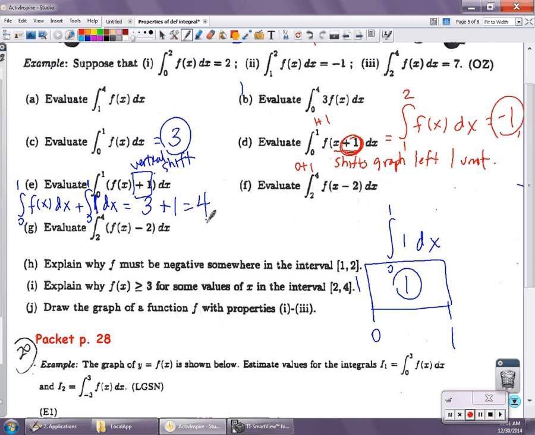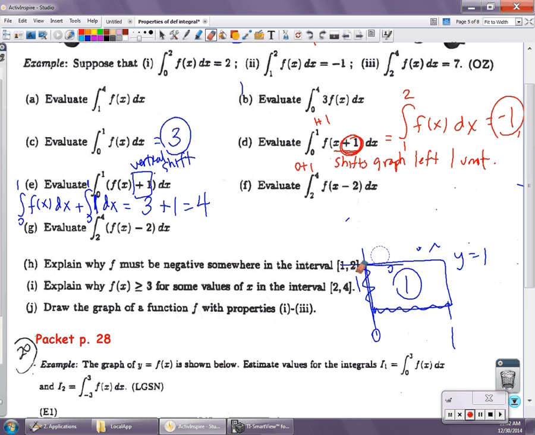Now, soon you're going to see how to actually evaluate that definite integral analytically, but right now we're going to deal with it geometrically. Now, again, graphically, we have the line y equal to 1. That's where that 1 is coming from. So the width of our rectangle is 1 unit. The height of our rectangle is 1 unit, which is really a square. It doesn't look like it the way that I've drawn it. Okay, let's go on to